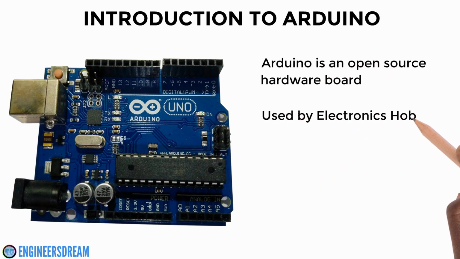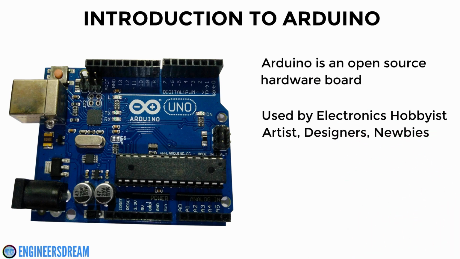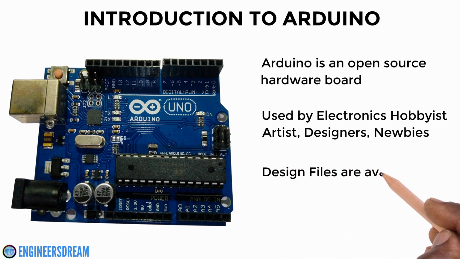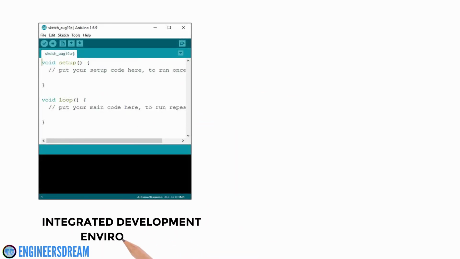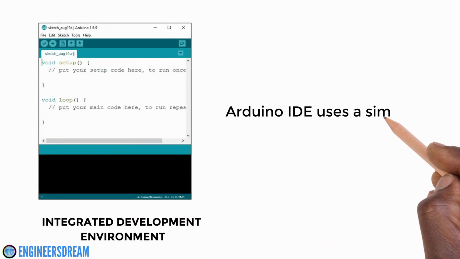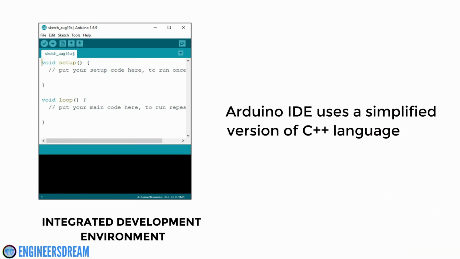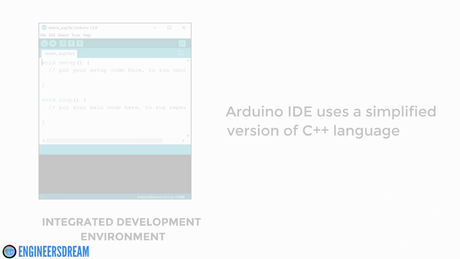So, Arduino is an open source hardware board which is used by electronic hobbyists, artists, designers and even electronic newbies for building projects related to electronics. Since it is an open source hardware board, the design files of Arduino are made publicly available online by its developers. The Arduino IDE, that is Integrated Development Environment, uses a simplified version of C++, thus making it easier to